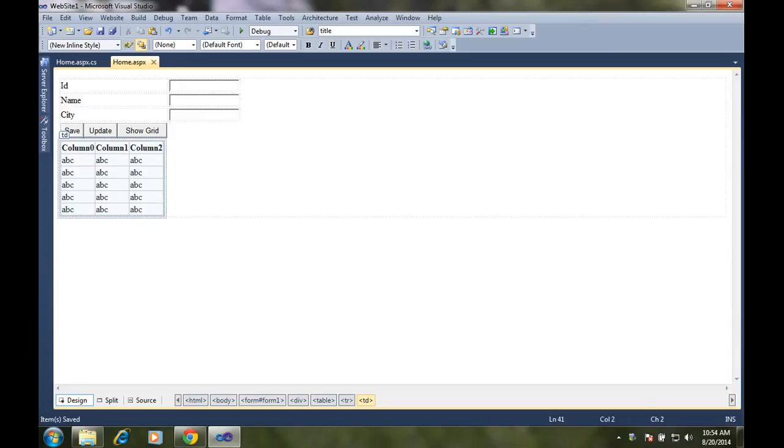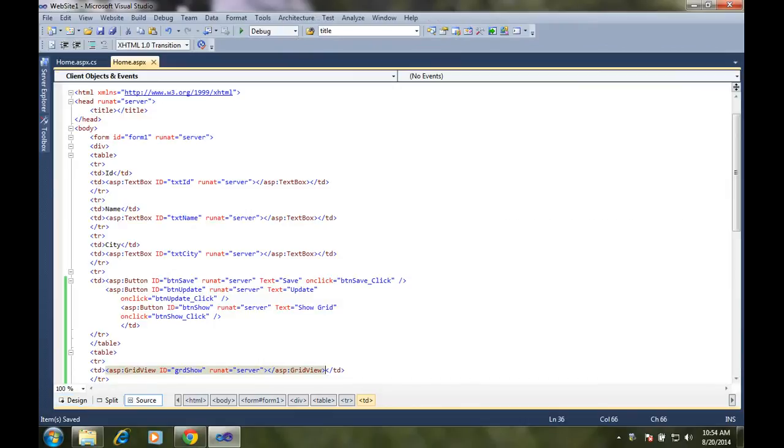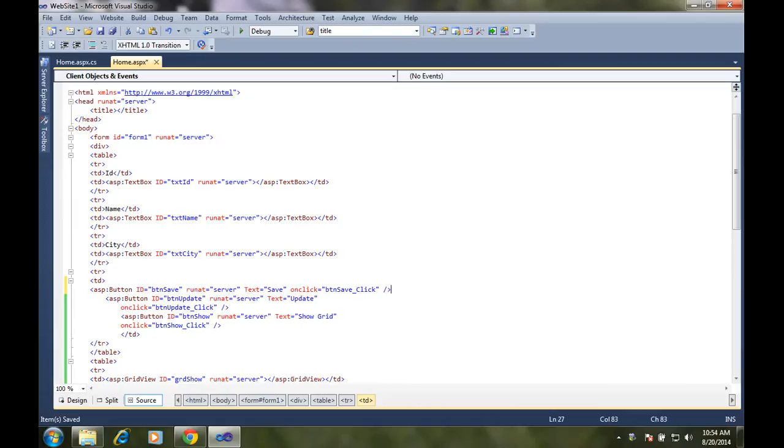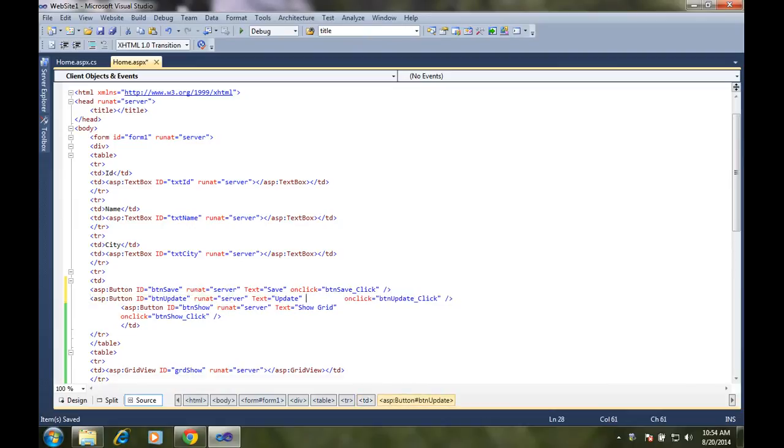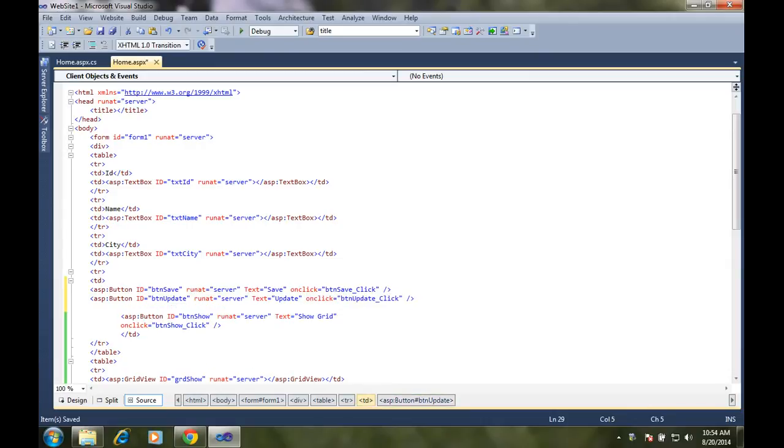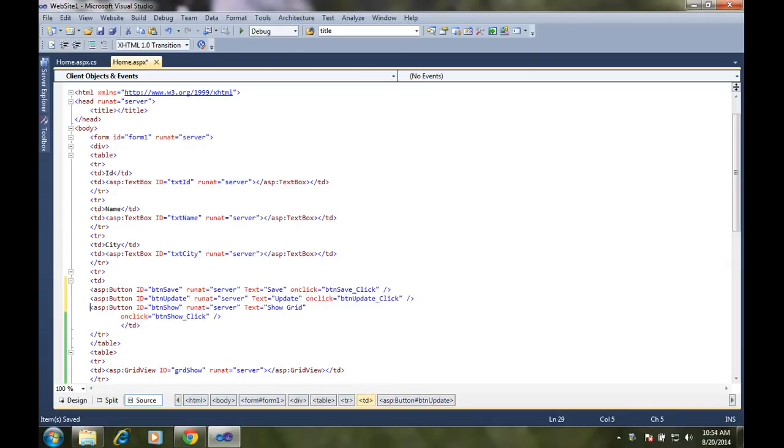Here we see. Go to source. The button we already created. Just go next and go to home. For clear understanding, I am doing this one. We are going to do the delete part now.